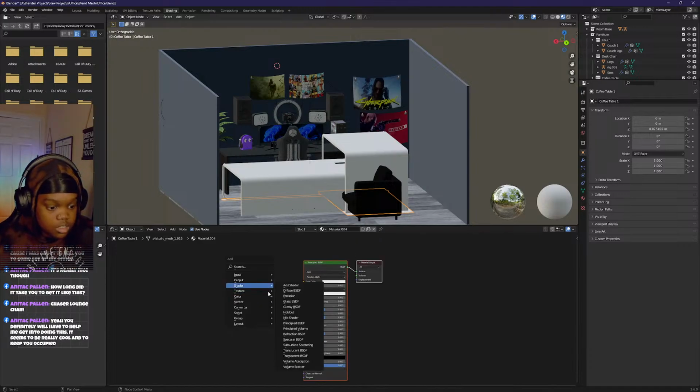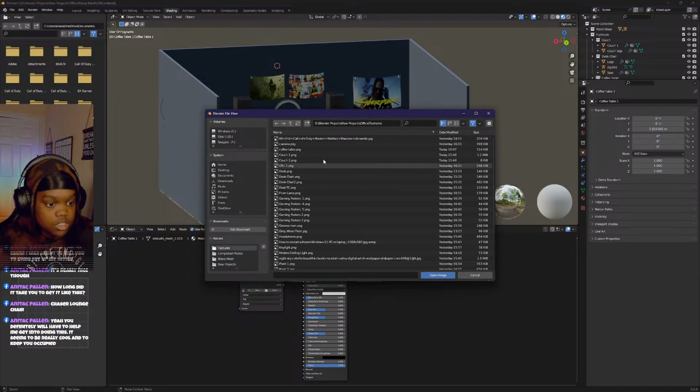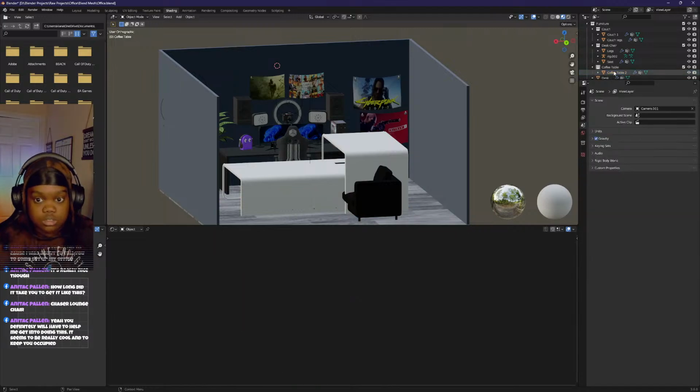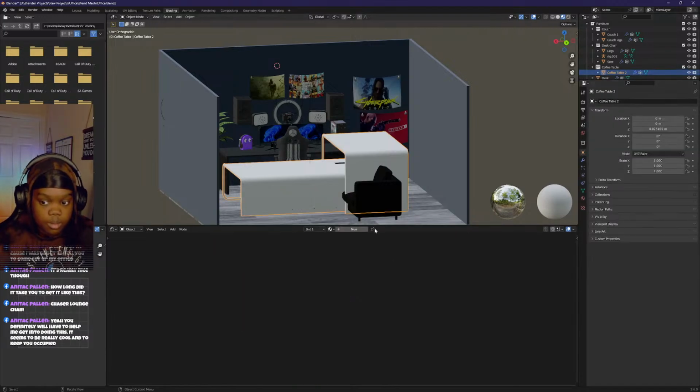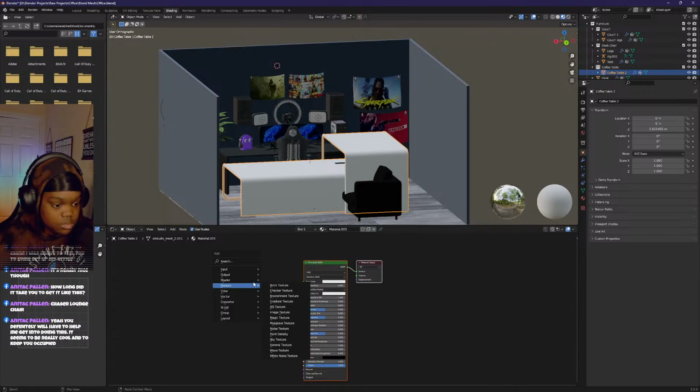Shift A, texture, image texture, open, texture. Oh no, I did the wrong thing. Oh, I think I can delete this thing. Let's delete this. See what that looks like alone. I might not need that piece. It would really suck if I do though. Texture, image texture,